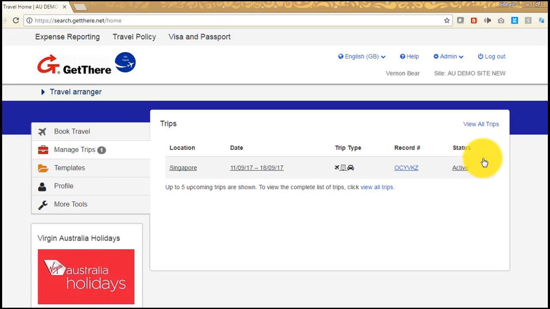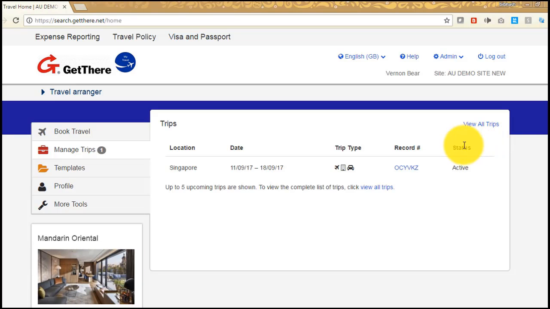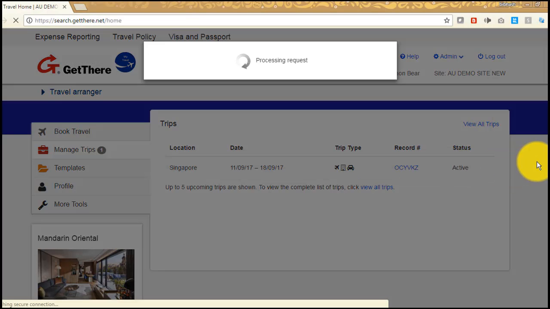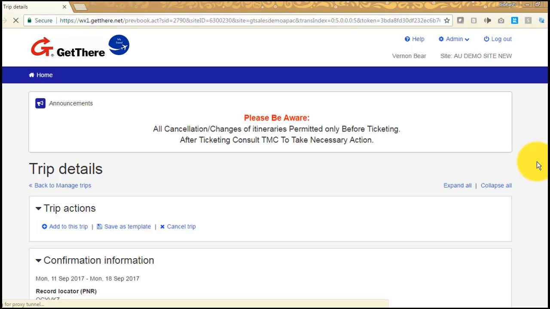So the status of this itinerary is showing active, and if I want to see all the trips, I can click on view all trip, and here I can find all my cancelled trips, all my upcoming trips, all my past trips. So now let me talk about the status. It is showing active. If I click on it,